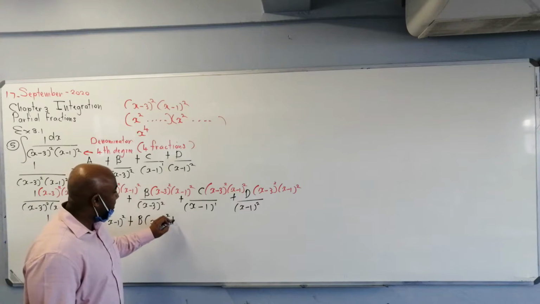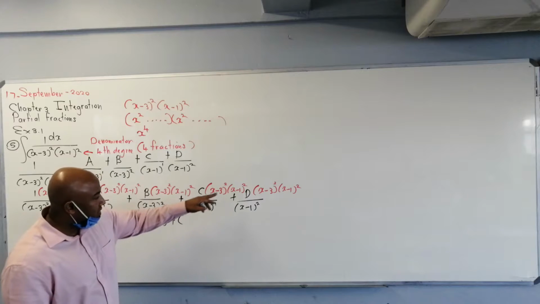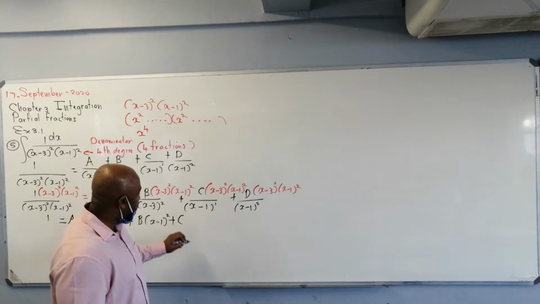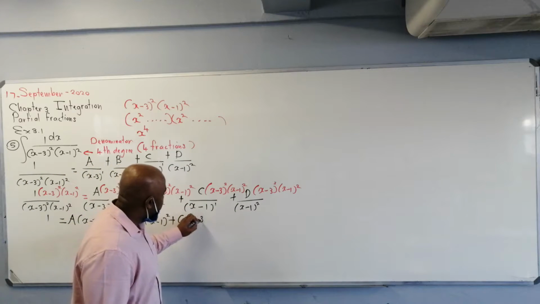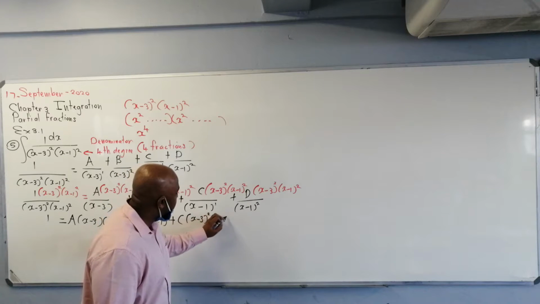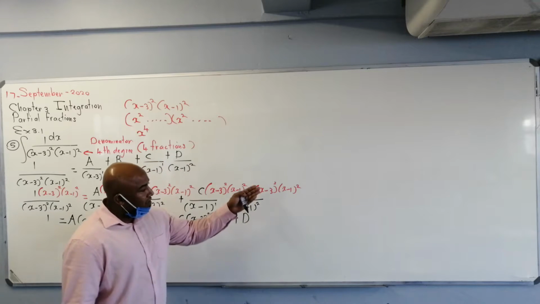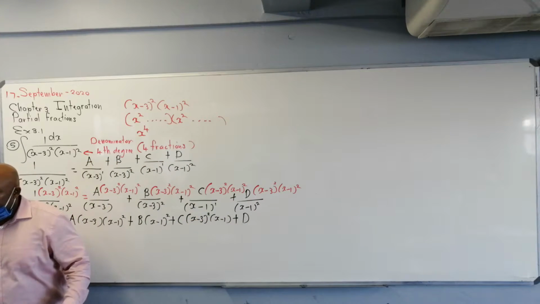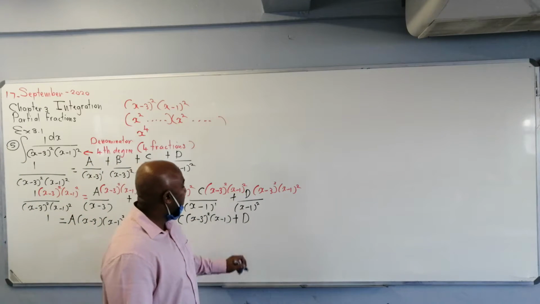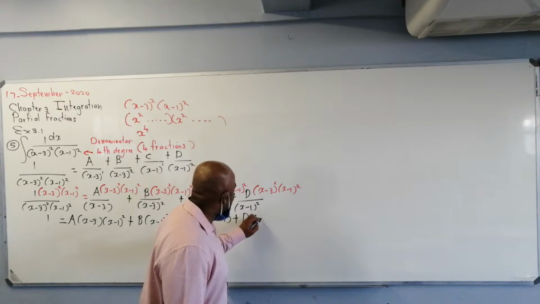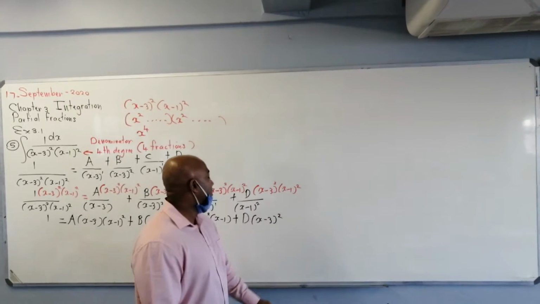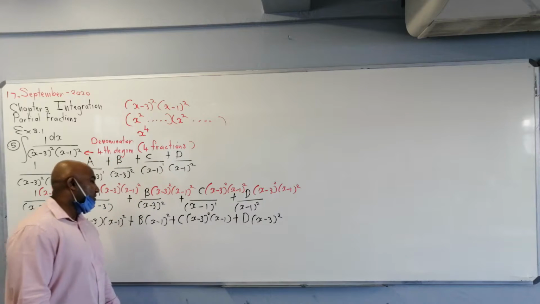Then here I have plus C, (x − 1) will cancel with one of the (x − 1)'s on the top. So I have (x − 3)² times (x − 1). Plus D, (x − 1)² and (x − 1)² will cancel. Then you end up with (x − 3)². Alright, so now